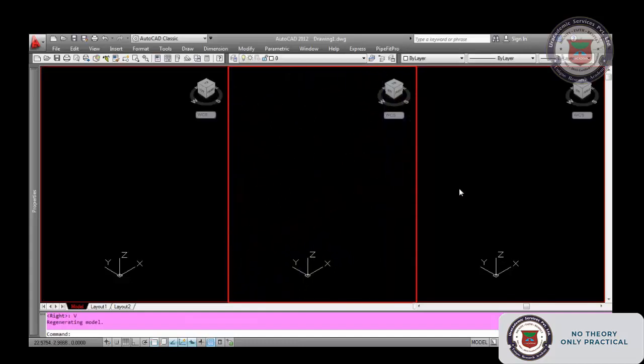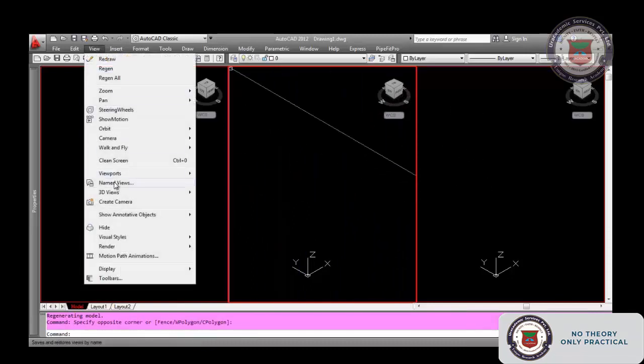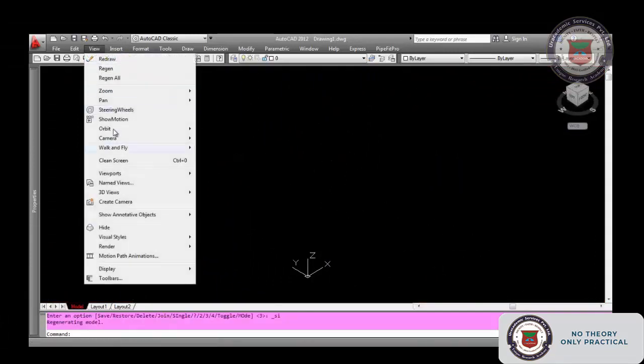Now we will split into 3 windows. What I am looking for is a very big one for 3D and 2 small ones for views.